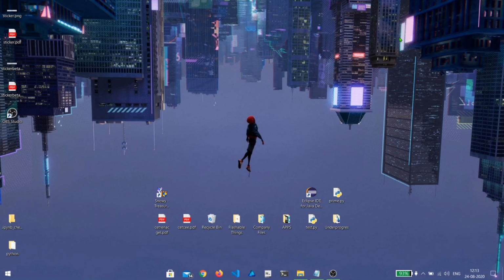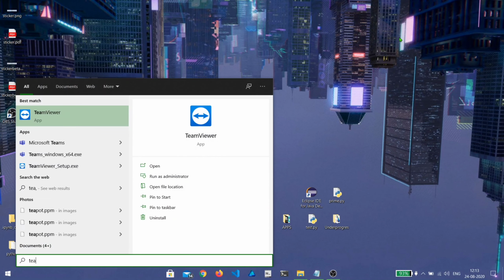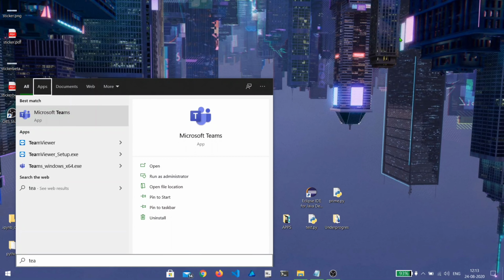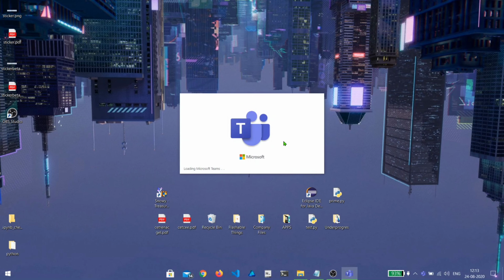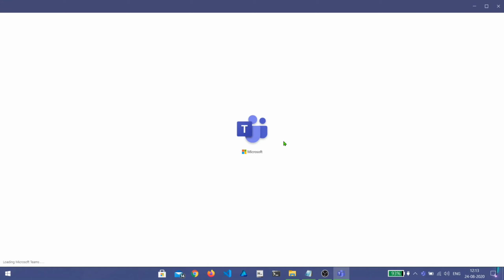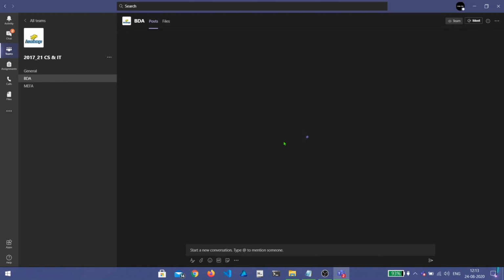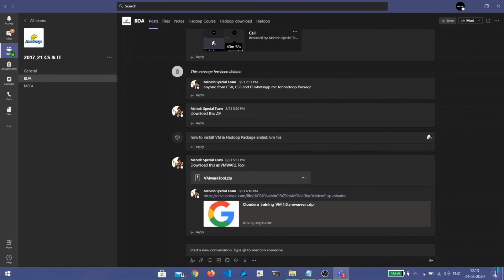With the downloading files, just head to the Teams app. After opening the Teams app, go to the Teams option at the left side menu.